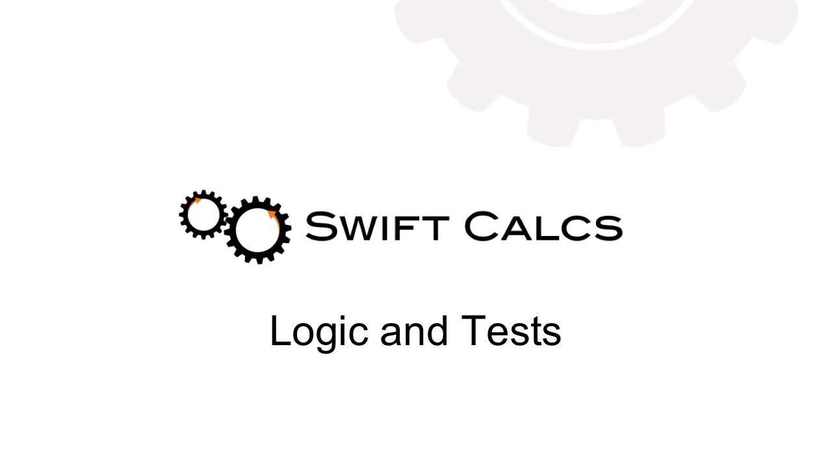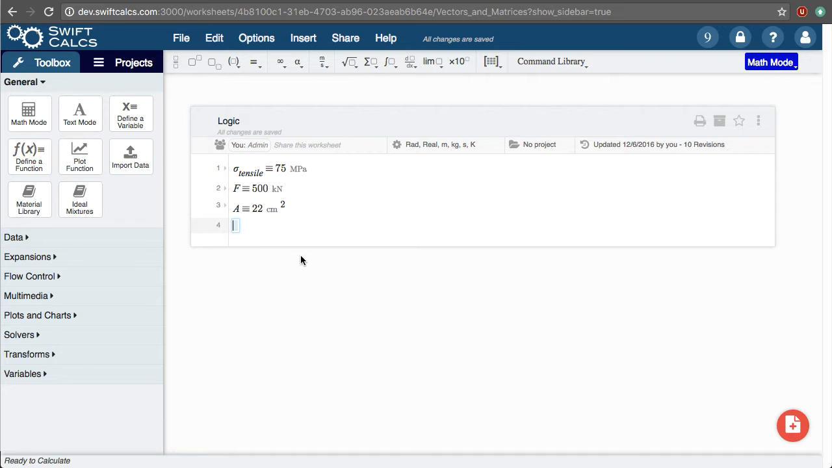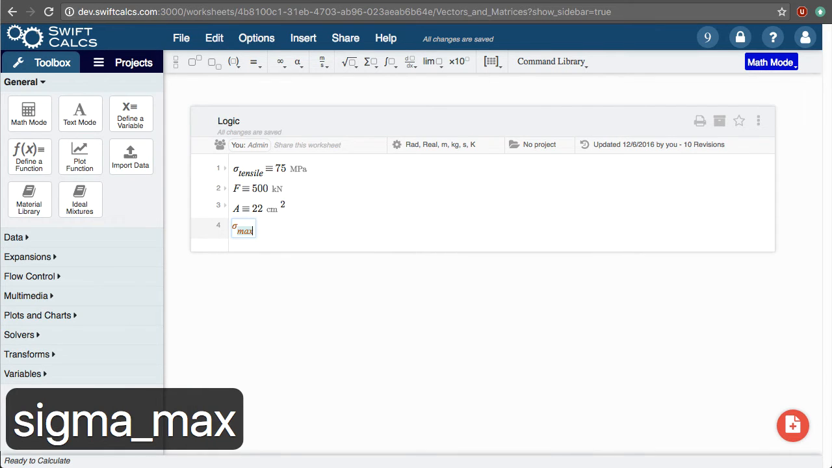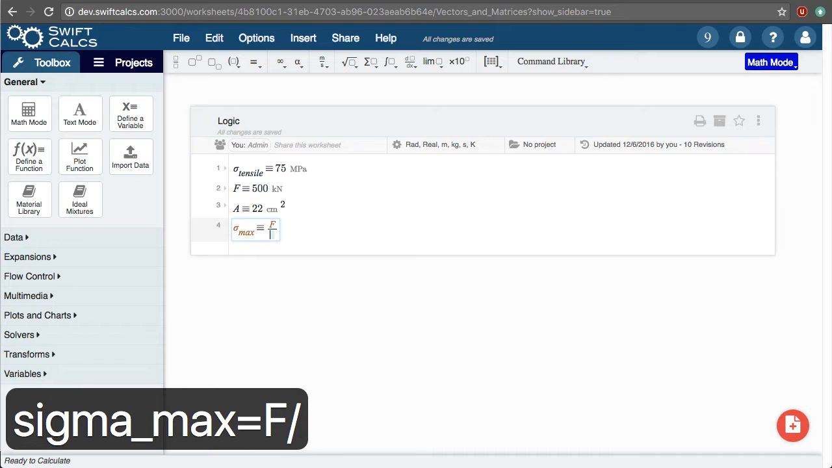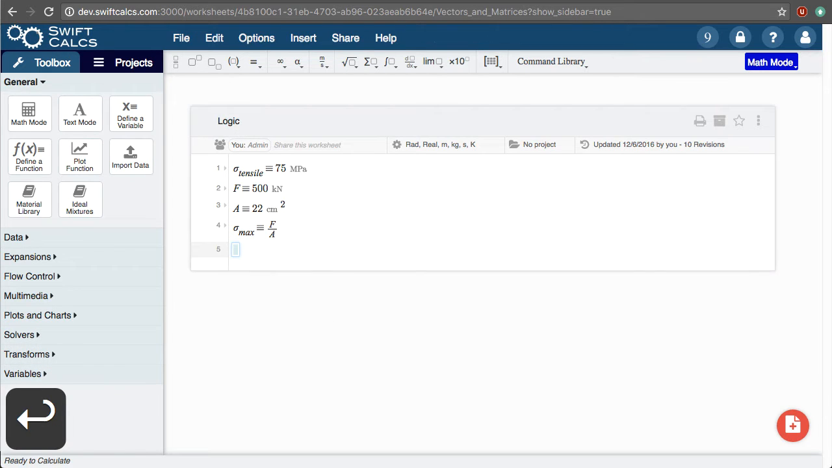Welcome to the lesson on using tests and logic in Swift Calcs. Oftentimes, we want to compare results against a different result to see if an assumption is holding true. For example, we may calculate our maximum stress in a beam, here defined as sigma max equals the force divided by the area, and compare this against the yield stress that is allowable for the material to ensure we